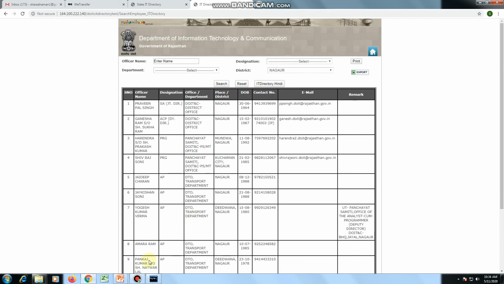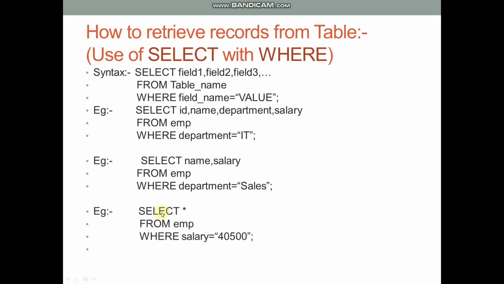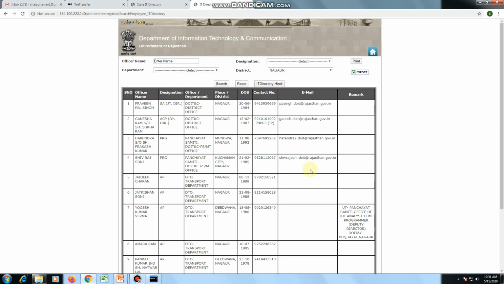Since the query is running like this: select field name 1, field name 2, field name 3 and so on from table name where district is equal to Nagaur. According to this condition, this website is working.